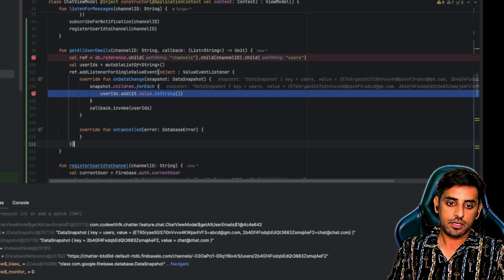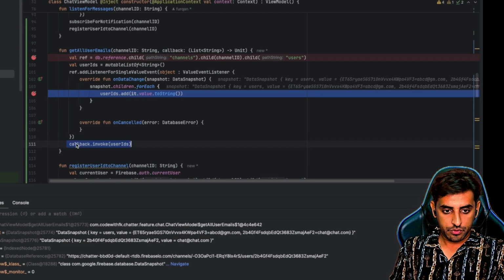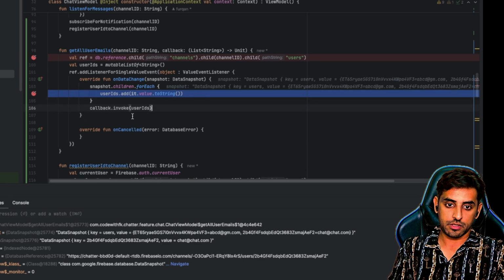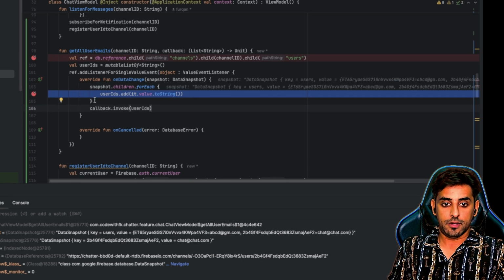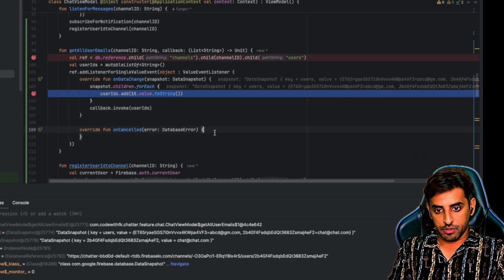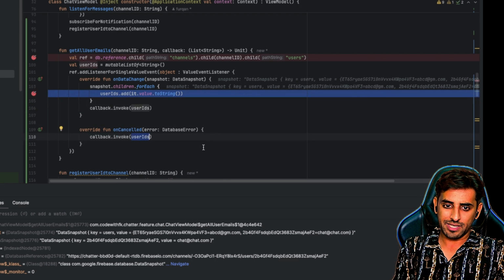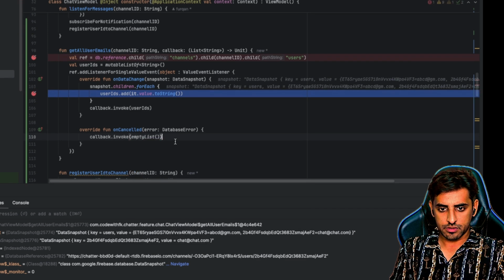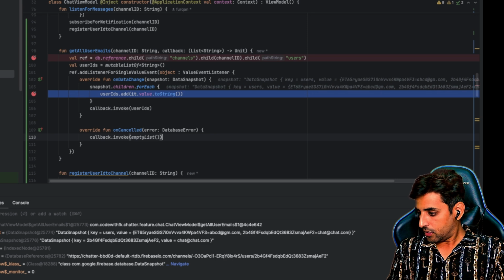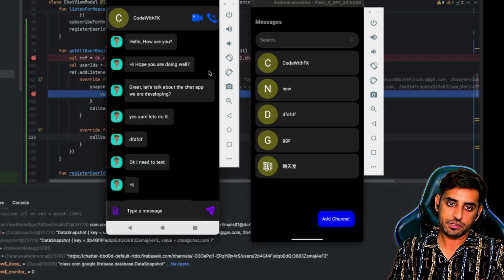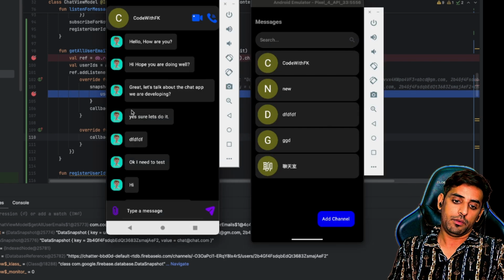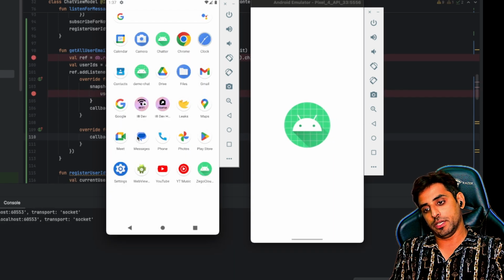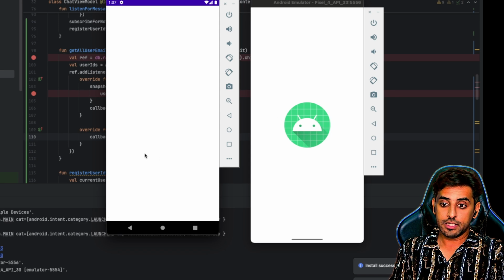Okay, so basically I found the issue, and the reason is that you need to invoke this function from here, because this is where the data should appear, right? And on error we can also send it as an empty list. Yeah, I guess that's already an empty list in pass. Okay, so now I'll run it again, and it was a silly mistake, sorry about that from my end. I was not looking at the code properly. So yeah, now we'll just rerun everything from both devices. And now